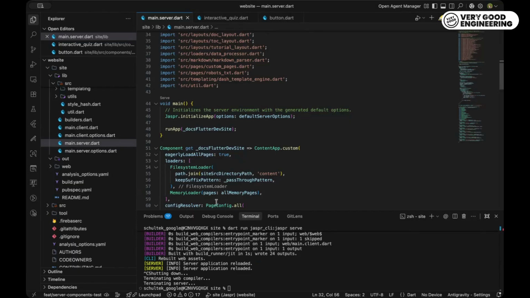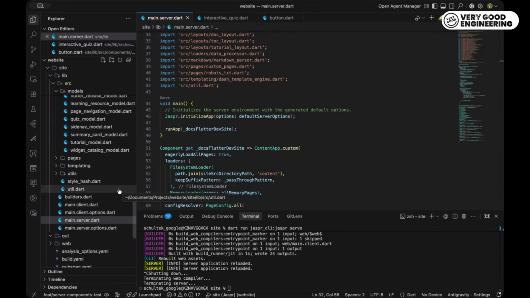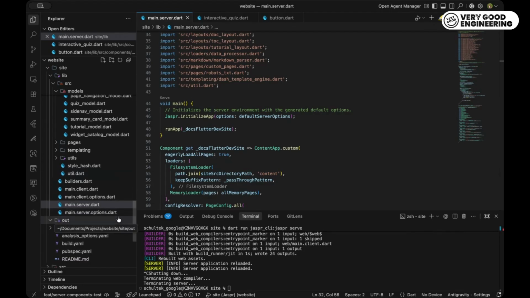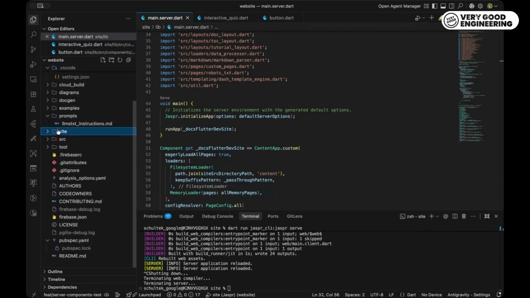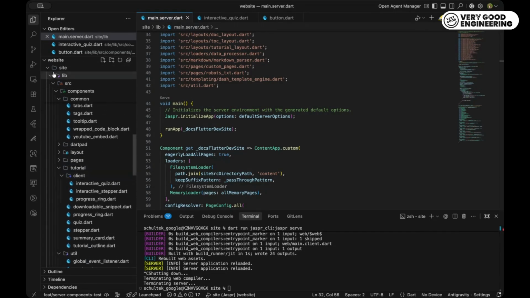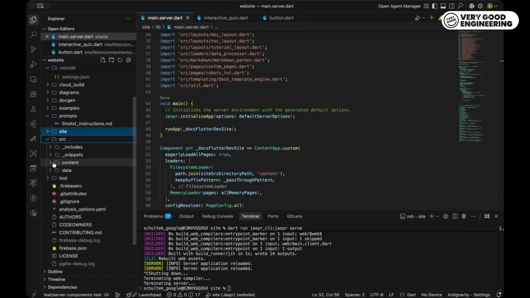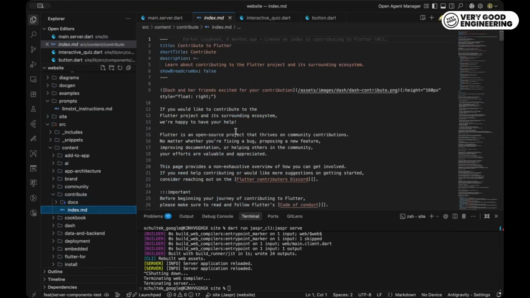Yeah, so the Flutter docs website is open source, so you can go to Flutter GitHub and look around if you want to see a really big project built with Jasper. You can of course clone it and run it yourself. Here we have the structure: in the site directory is all the code, all the Jasper and Dart code, and then we have the source directory which contains all the content, specifically all the markdown files.